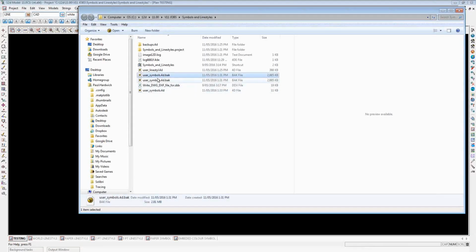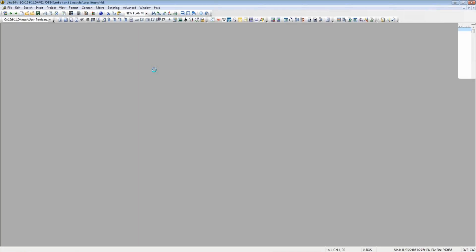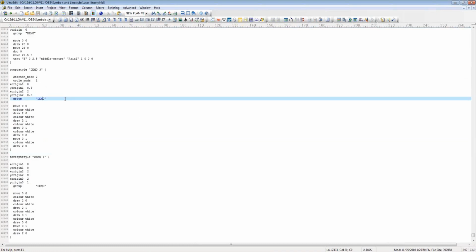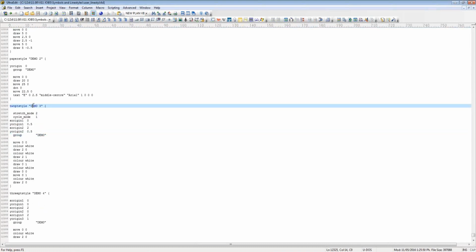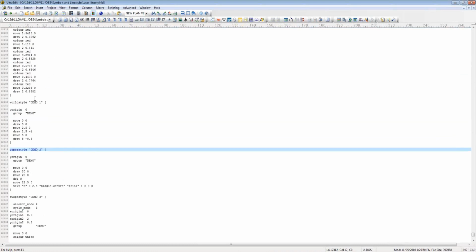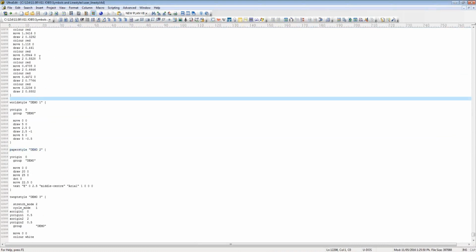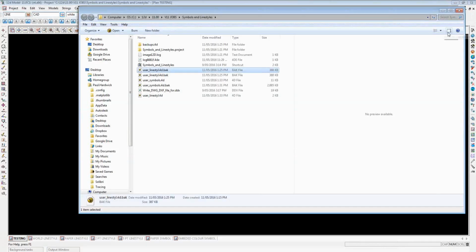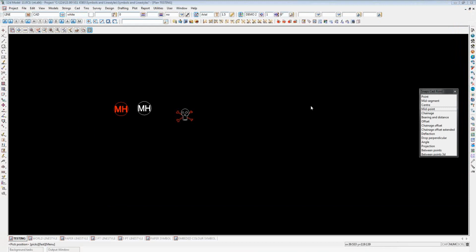Now I can do the same thing with my user line styles. Open that up, go to the bottom. So I hit Control End, that takes me to the bottom, and you can see there's my demo 4, demo 3, demo 2, and demo 1. So from there up, I can get rid of. So Control Shift Home, delete, save, close, and close that. So now I can either keep them just in my working folder just for this project,